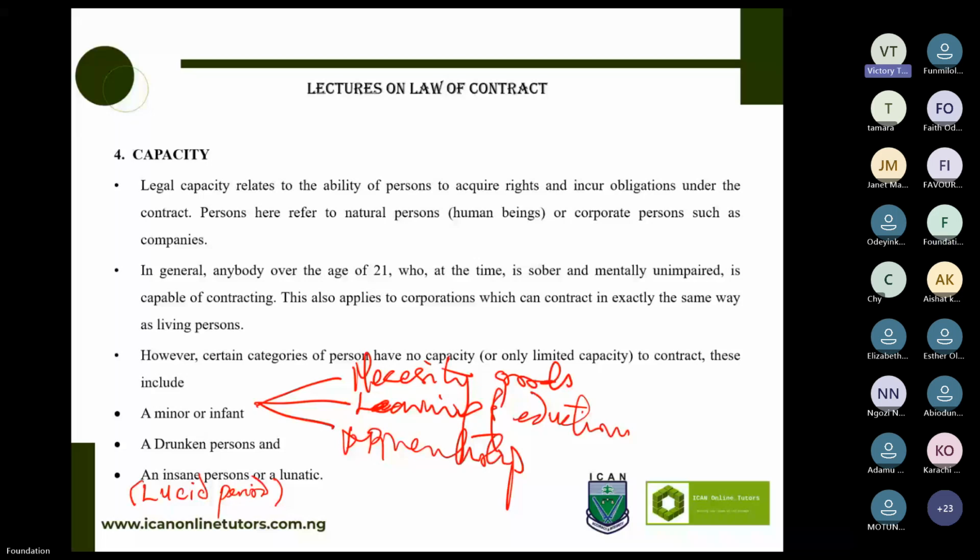So I think that the contract is not valid because it has been confirmed that he's a madman. The lucid period is a very short period of time. For him to be confirmed mad, it means that he's known when he's in that state. Maybe you just happened to meet him in a state whereby he was still sounding sane. But you cannot guarantee that he will be sane at another time for you to hold him onto whatever he has agreed to. So for me, the contract is not valid.